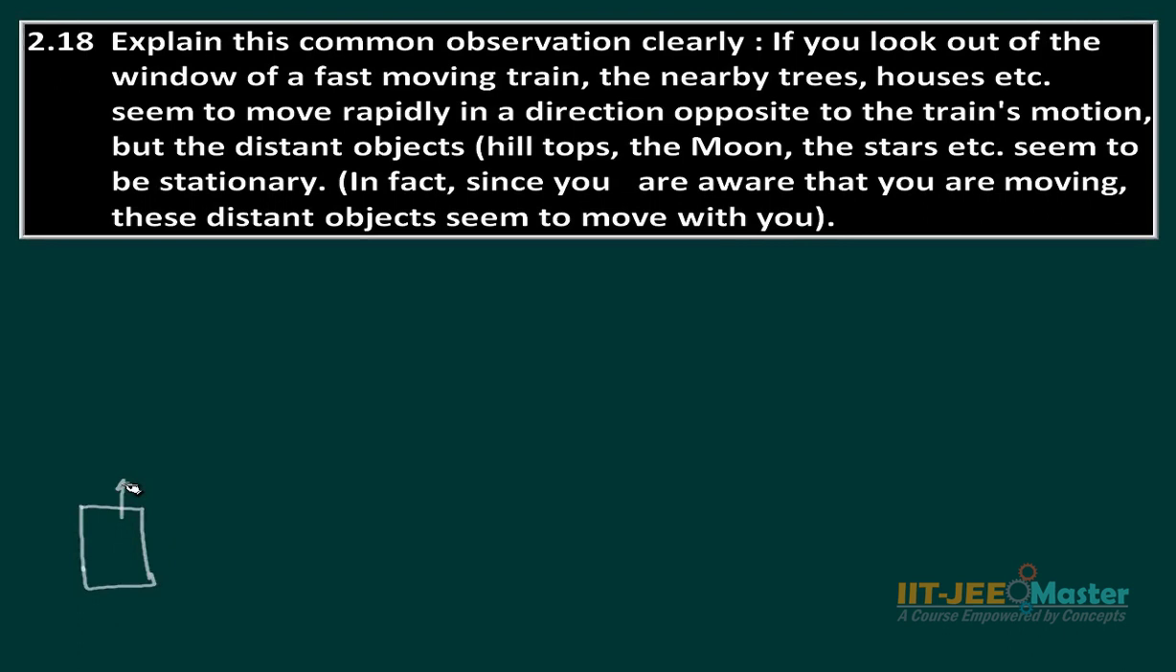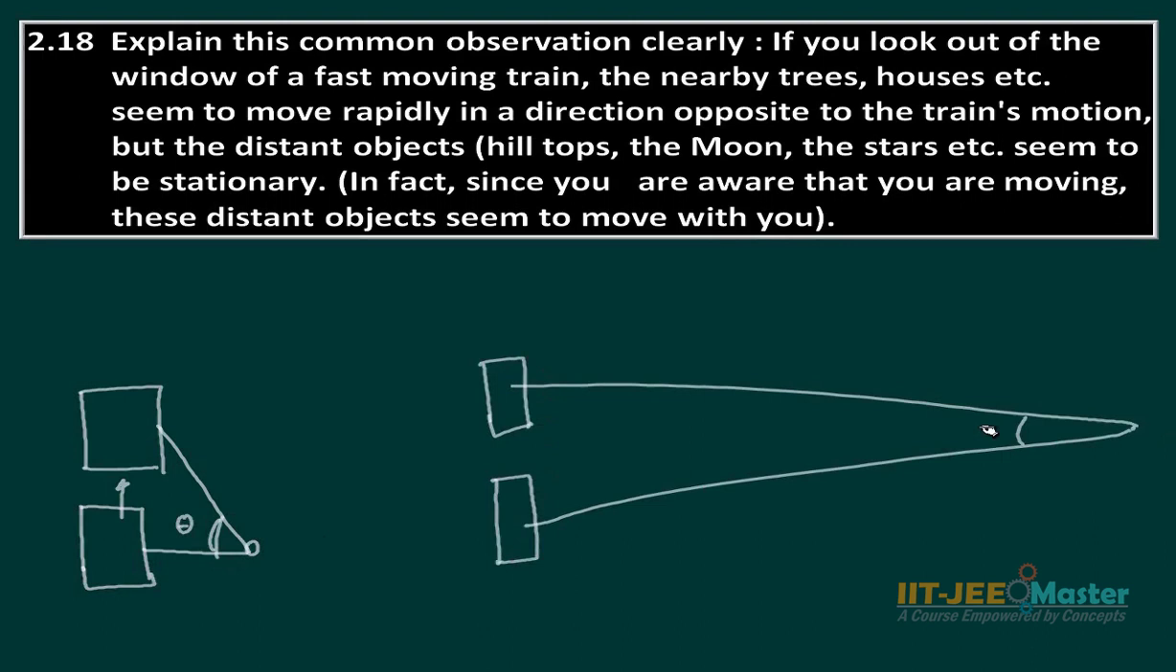If we are moving in this way, and this is the tree. If we reach here, the angle made by this position on the tree will change by a significant value. While if you see distant objects, the angle becomes smaller and smaller if the object is far and far from you. So this makes a change